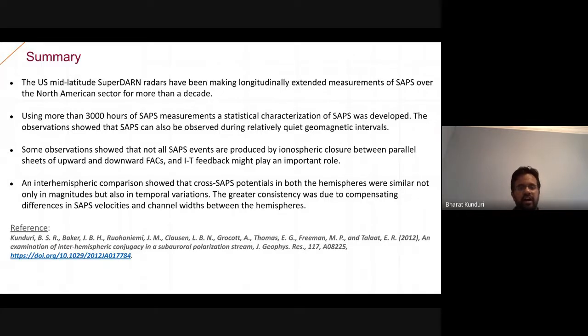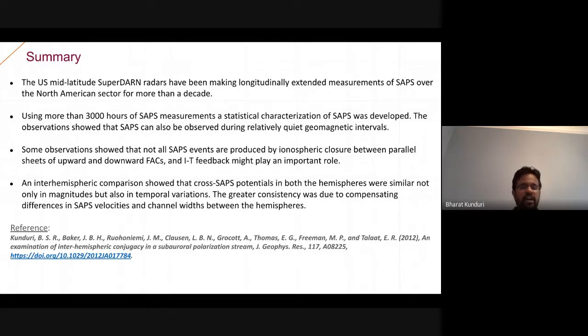my talk here. Basically, to summarize, we've been making longitudinally extended observations of SAPS for more than a decade now. We have a database of SAPS events that exceeds 3,000 hours. That's just when we analyze 3 to 4 years of data. We have many more hours of SAPS observations currently, and some of our observations indicated that the traditional paradigm of SAPS might not always explain all SAPS events, and there is more to it than